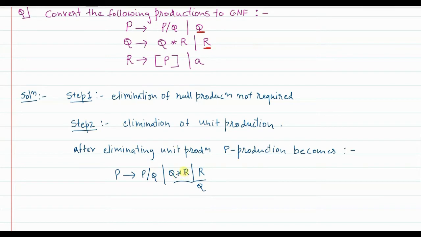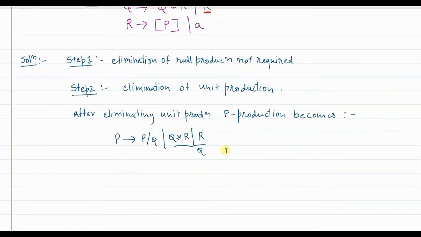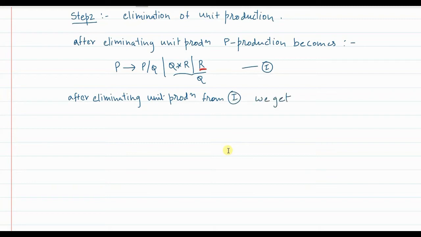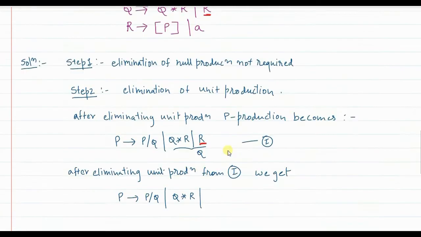Okay, but again by doing this, there is another unit production that gets introduced, that is R. Okay, so this I will just call as 1, after eliminating unit production from Roman number 1, we get P gives P divided by Q or Q into R, or now what happens is